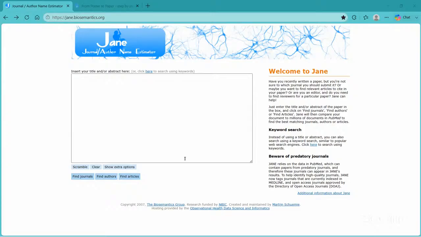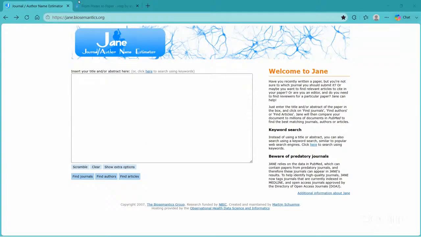Let's say you have your manuscript, you have everything ready, and you are trying to get published. One challenge you'll face is that there are thousands of journals. They all have different aims and different scopes. It would be a waste of time and money to apply to different journals that may not fit your title or your topic. So this is where Jane steps in.